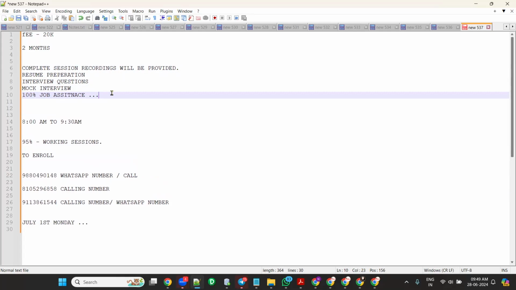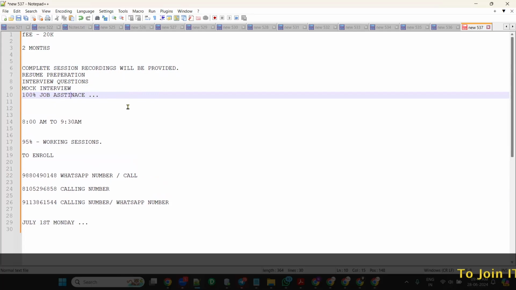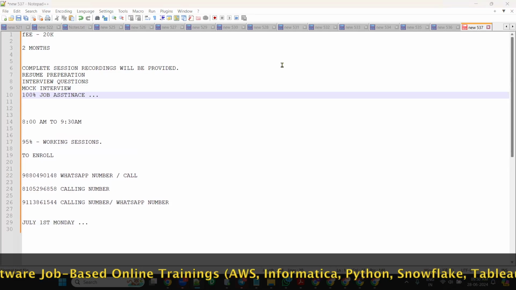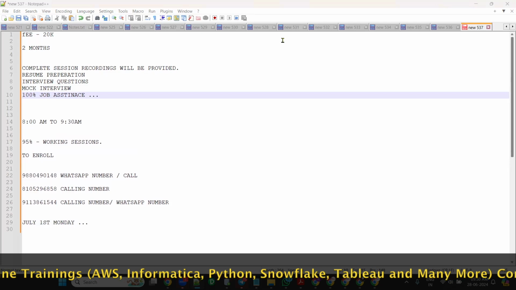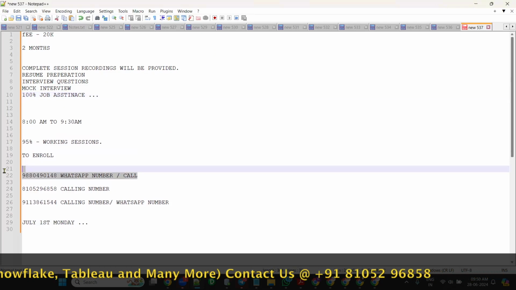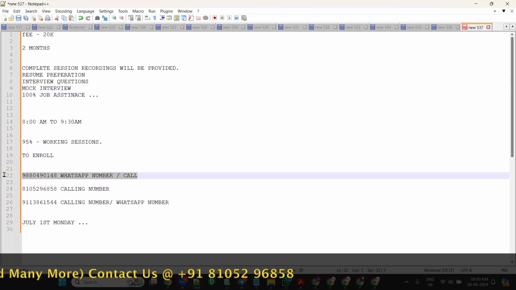We are also contacting consultancies or companies to push our resumes faster wherever openings are there. The 20,000 can be paid in EMIs. Please call this number and we will explain how to pay through EMIs and guide you.